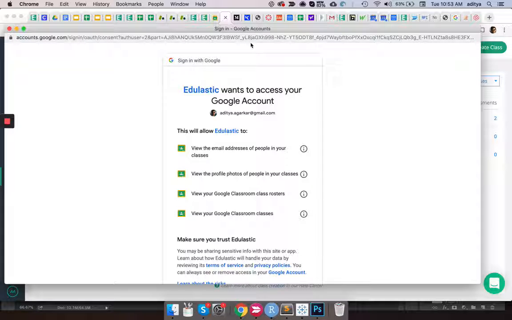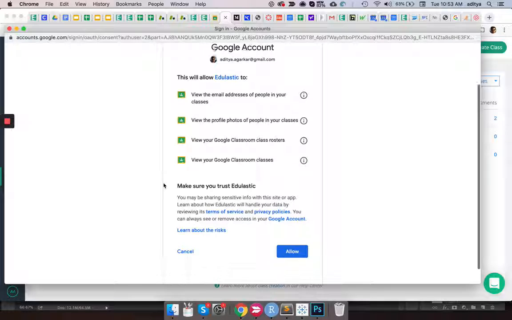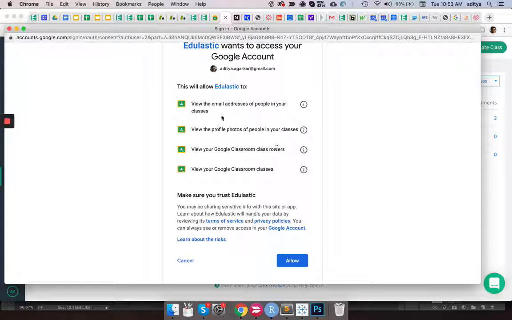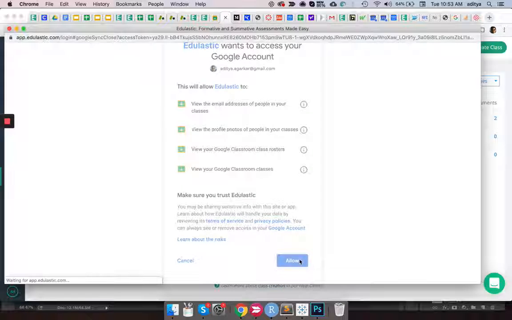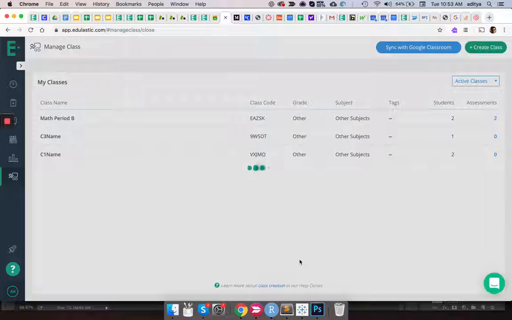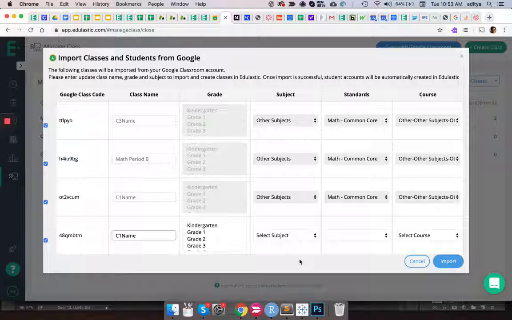the Google client ID. These are the scopes. So we use both email and profile photos of people in the class. That makes a teacher's job a lot easier, and we'll see how that is enabled. I'm going to go ahead and allow this, and at this point of time, Edulastic will pull in the information